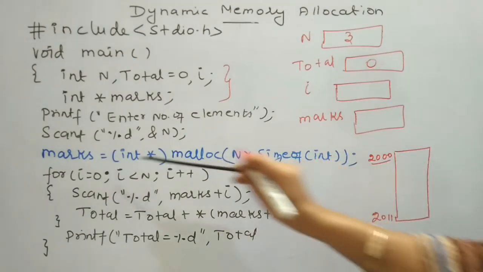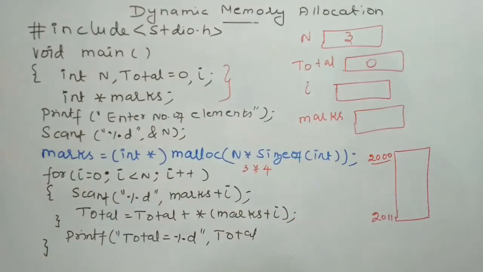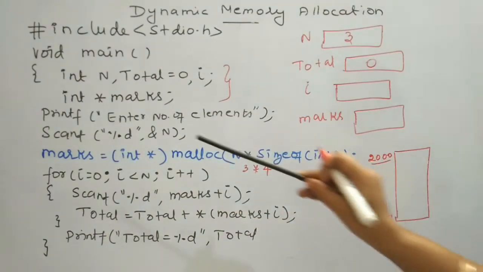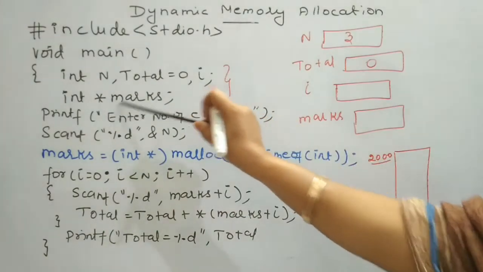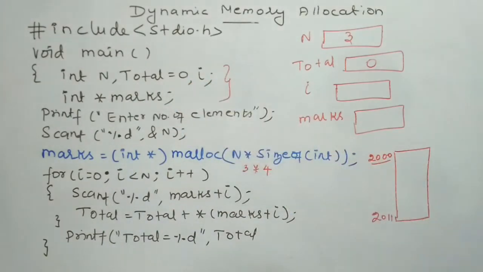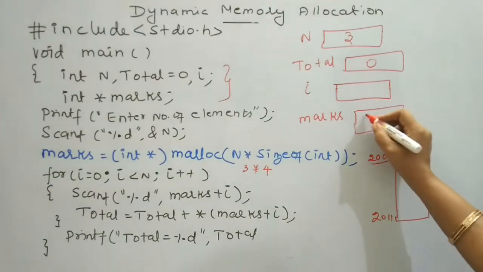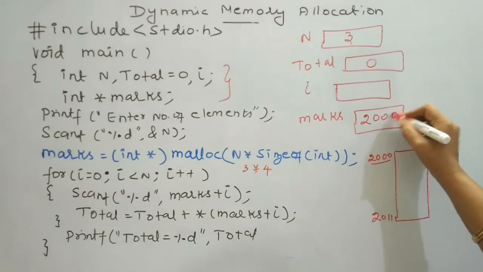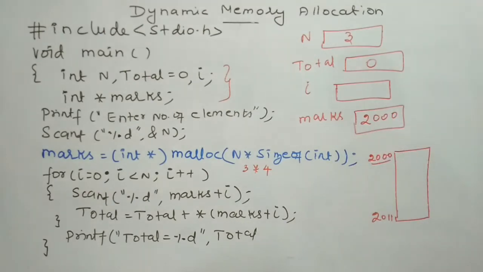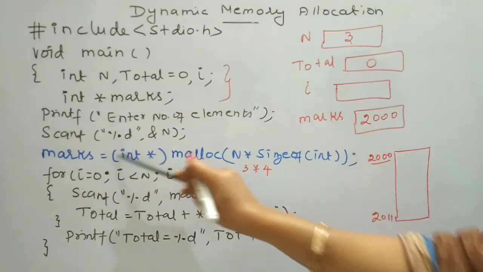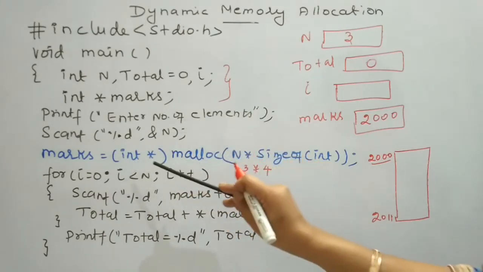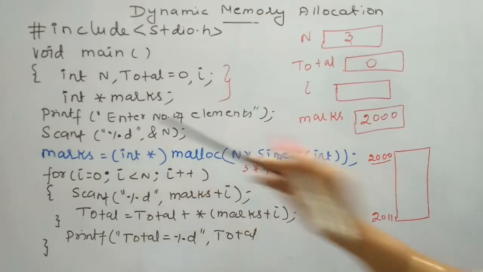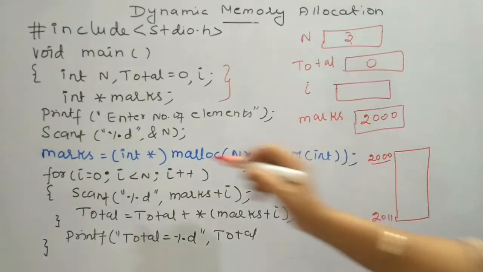that is 2000. The 2000 is stored in this variable max. If we store a memory address, max should be a pointer variable. See, in this declaration, max is prefixed by a star, which specifies max is a pointer variable. So this 2000 is assigned in the memory address allocated for max. Before this we have typecasted. It specifies the malloc function is going to return a memory address which is going to point to an integer value. That is the meaning of